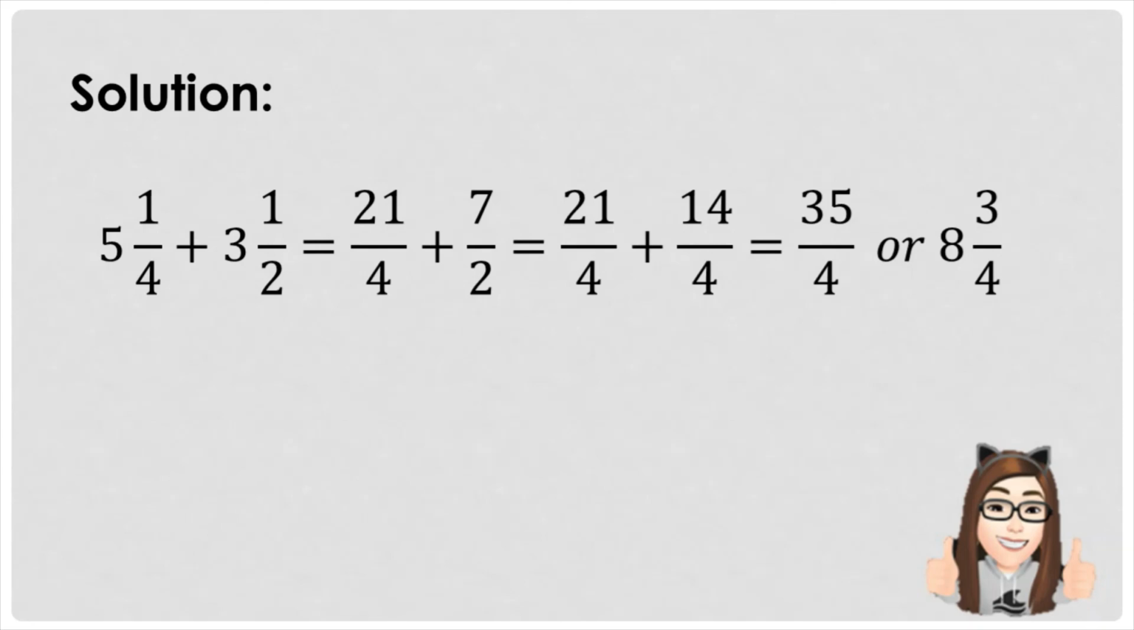Considering this, they have different denominators. So, use the other way, okay? The second way, which is to change first the mixed number to improper fractions. So we have 5 multiplied by 4 is 20 plus 1 is equal to 21 over 4 plus 3 times 2 is equal to 6 plus 1 is equal to 7 over 2. Now, I need to find out their